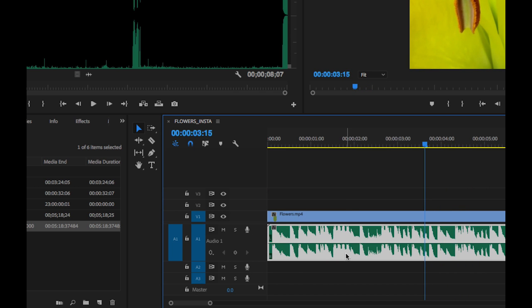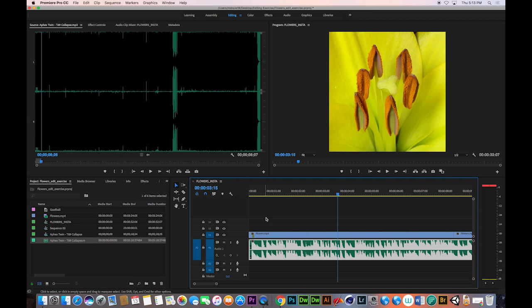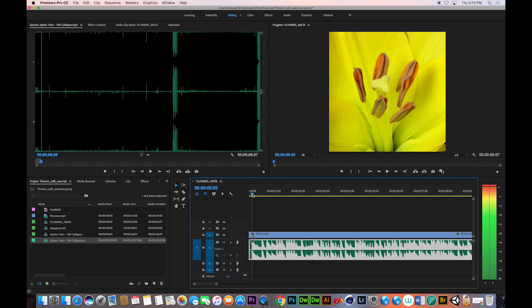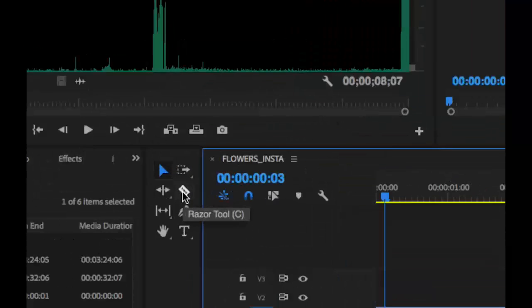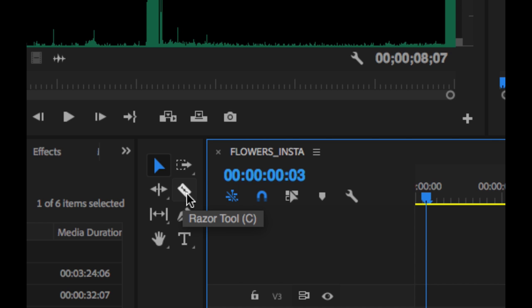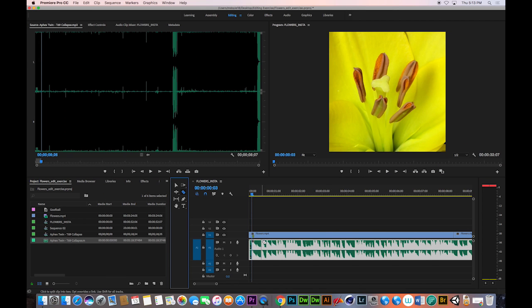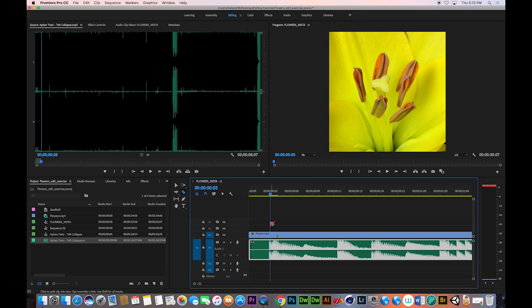Something that can be fun to do if you're editing something that has that much detail and that many different beats is that you can go in and use something like the razor blade tool, which is very intuitive. The razor tool is just a tool for cutting video directly. And so I can see where these marks are, where the beats are happening, right? So maybe I make a,